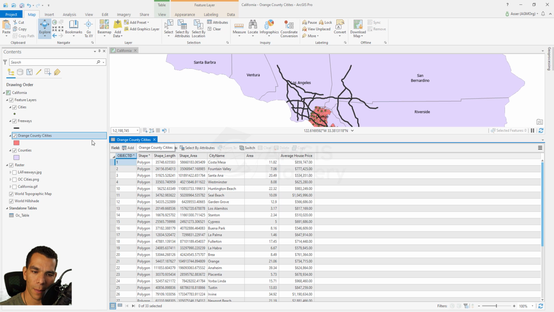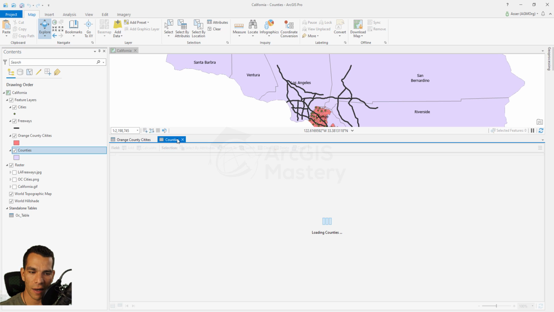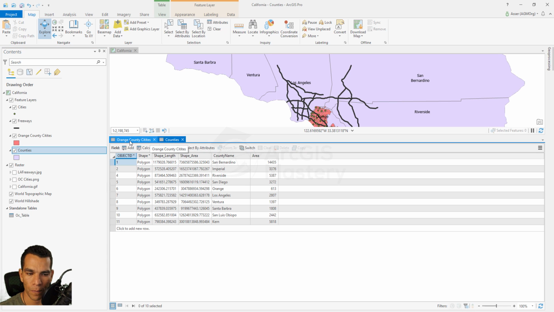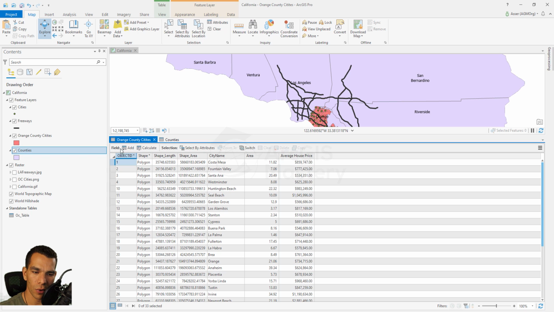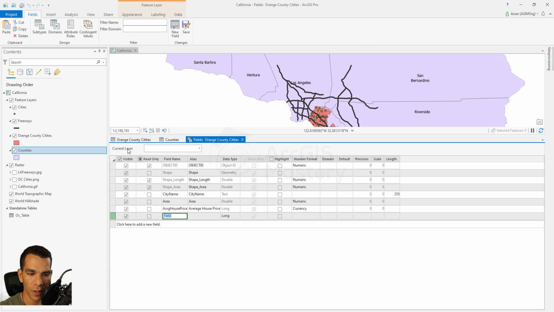So here we have a tab for the table we just opened. If we open another one, you will see that you will have another tab right next to it. So let's go back here, and here we will go through all the options. The first option we have here is to add a new field, and when you click on add a new field, you will see this table showing you all the fields inside your table